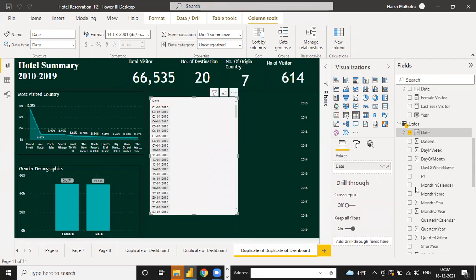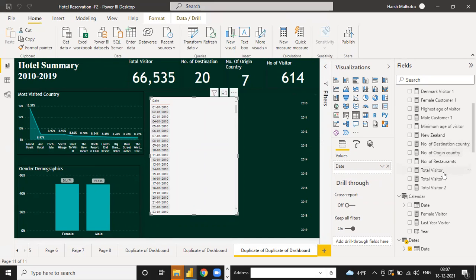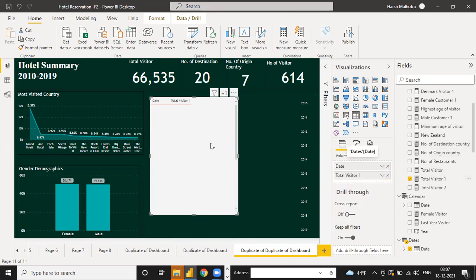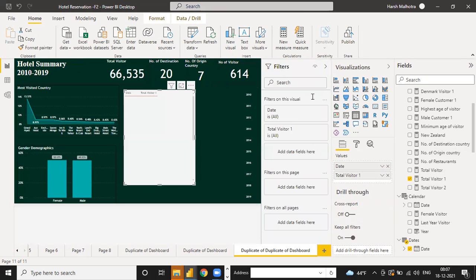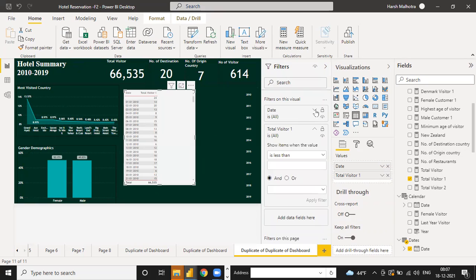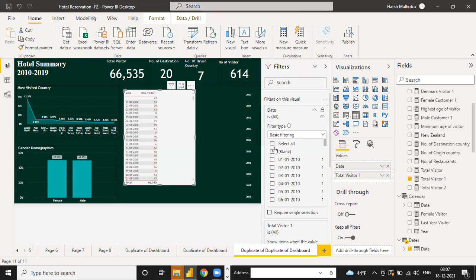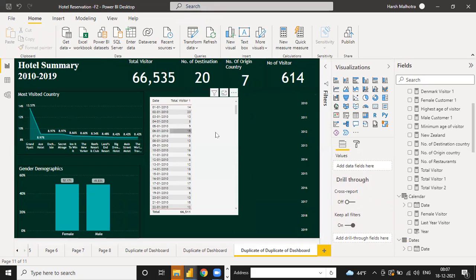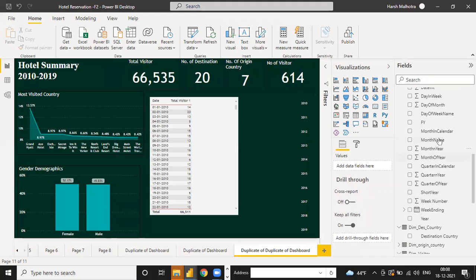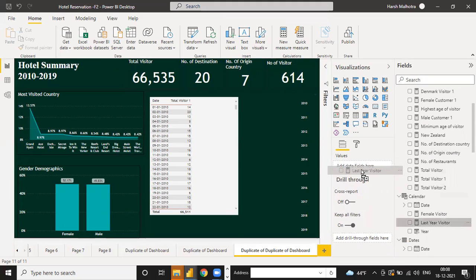One by one, and then you can give the answer like total visitor. Make the change. Go to this date. Select all, unselect blank. So day wise we have data, and then the last year.